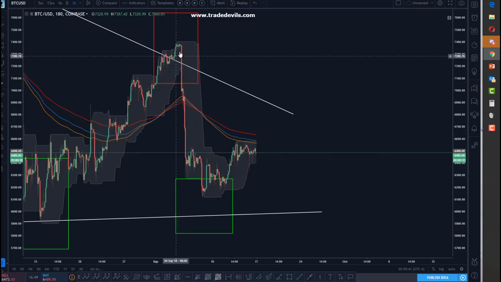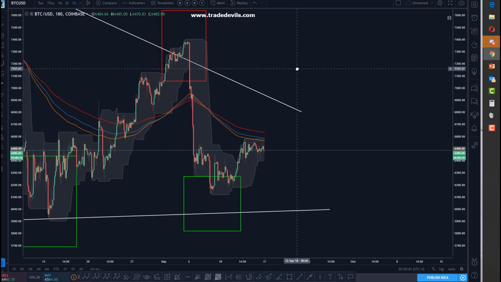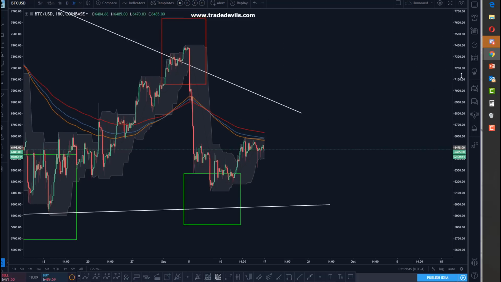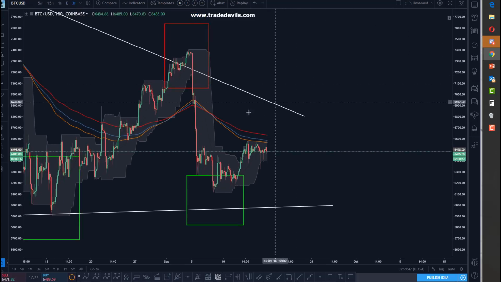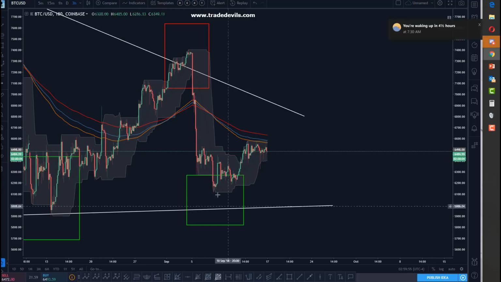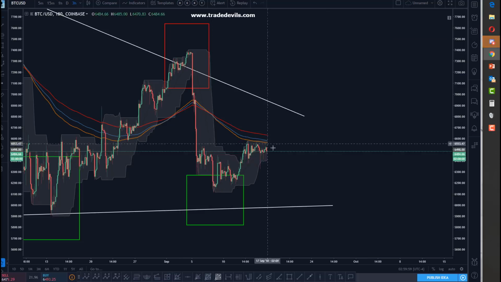I remember because I was short this whole thing, and a lot of our members were as well, and we were wondering, when the hell do we cover this short? Because it looks like it's going to go down to 2K in a straight shot, and it didn't. It's been kind of caught in this sideways fuckery here for some time now. And it's so substantial, in fact, in time, that I no longer think it's of a lower degree than this impulsive move down. I think this is of the same degree as this, is what I'm thinking.